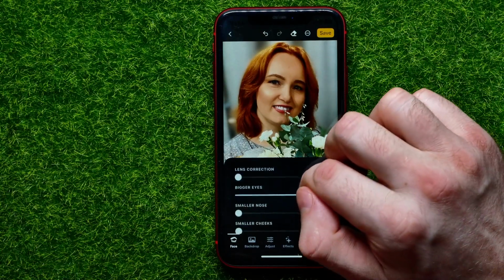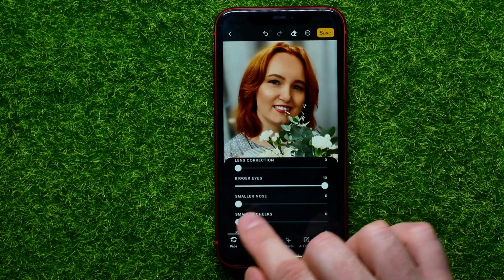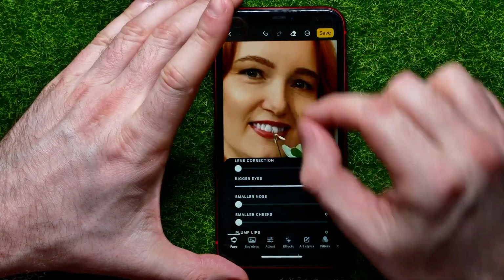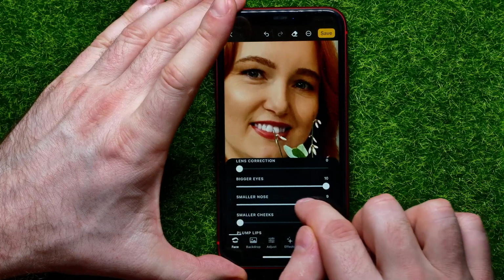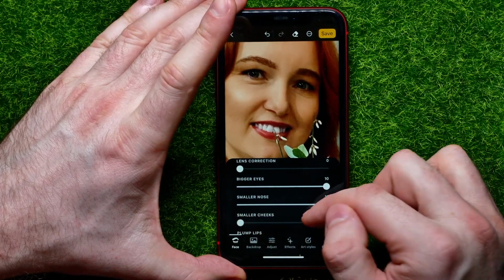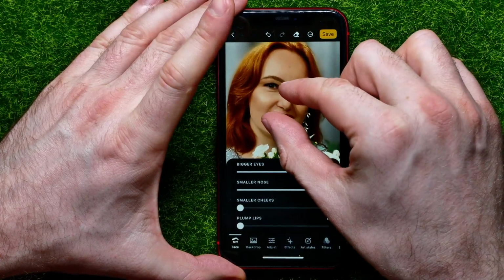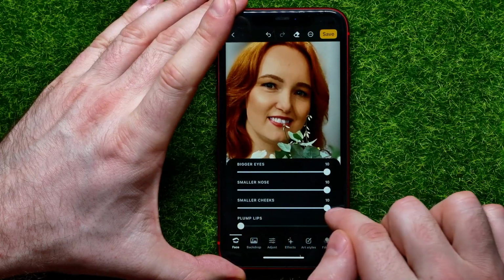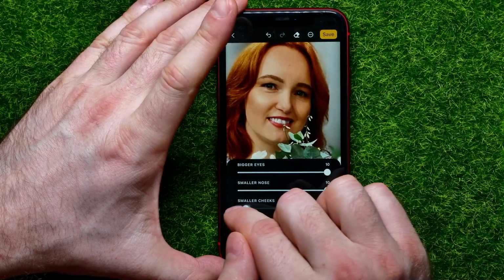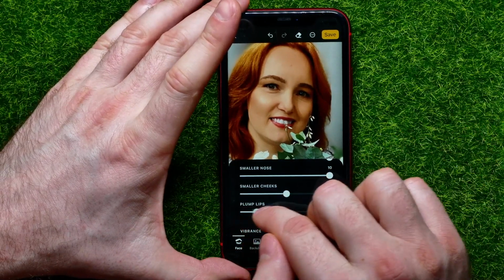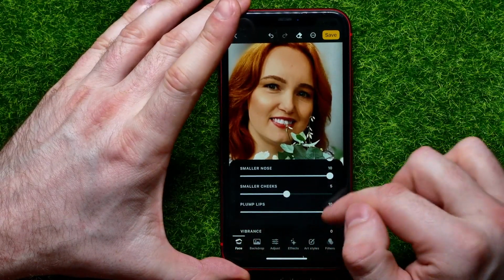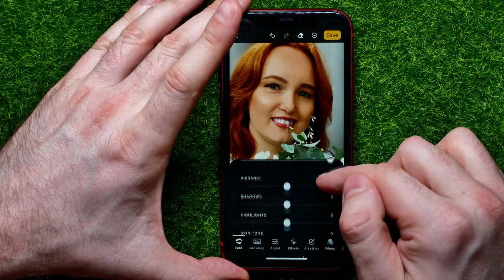Also, you can move on to the next step and use smaller nose feature. In that way, it really makes nose a little bit smaller. Also, you can make smaller cheeks. See what happened. Then you can plump lips. And on the next